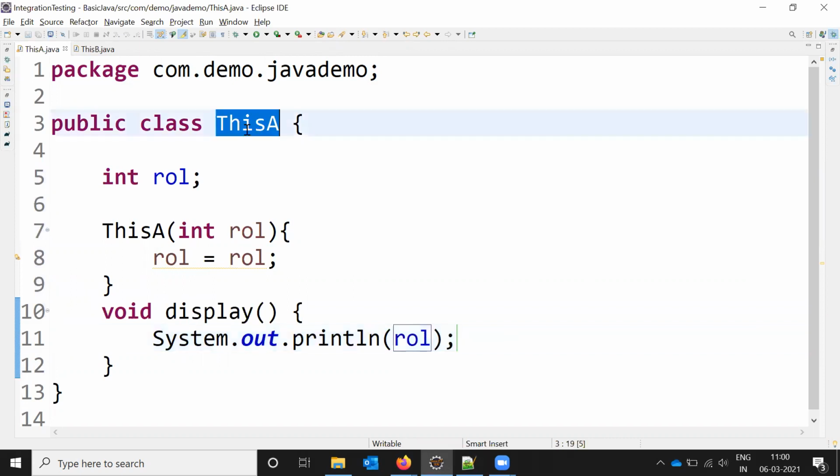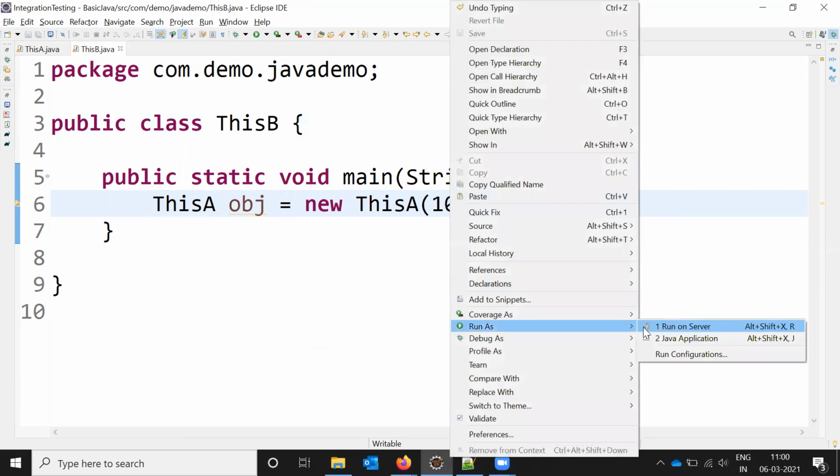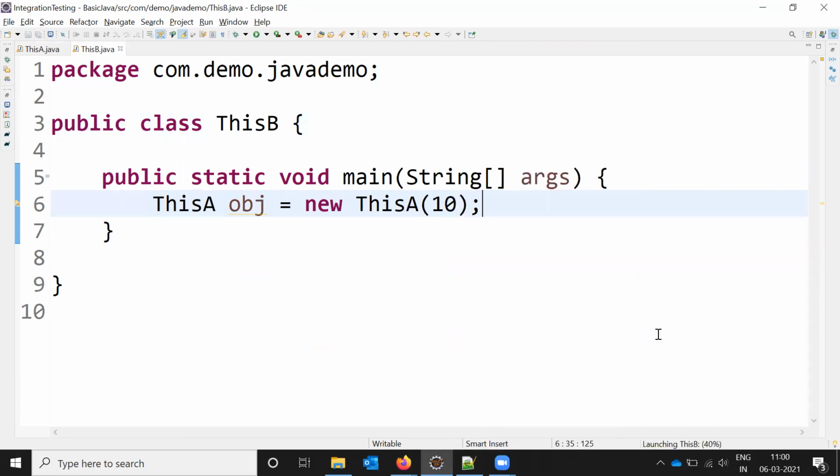I'm going to create an object in another class: obj equals new one, passing 10 as the number, and I'm going to run this first. It will print null values.